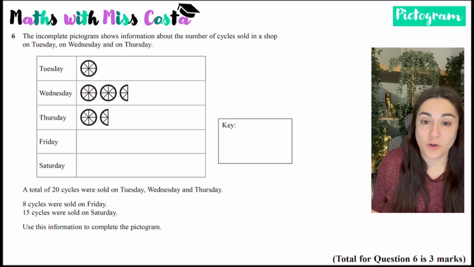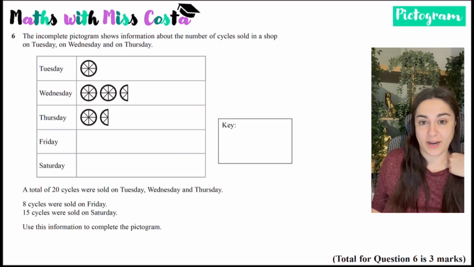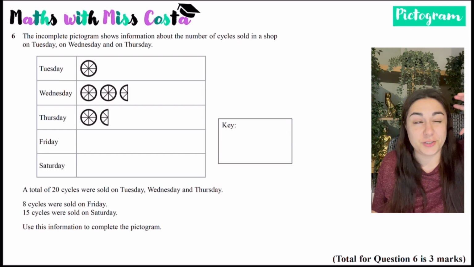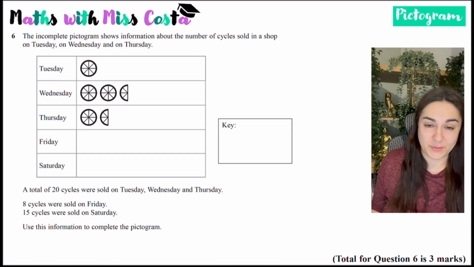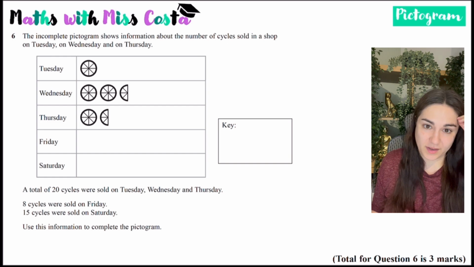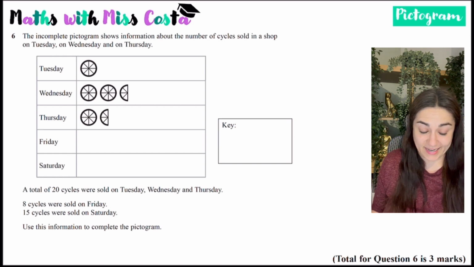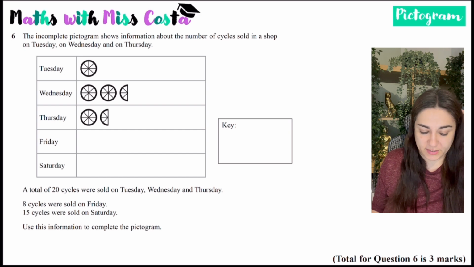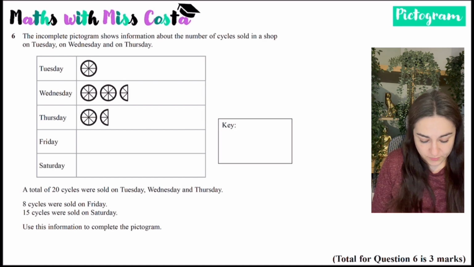Okay, and now we've got a pictogram question. Now a pictogram is just where you are trying to show a number using a picture. So in this incomplete pictogram, it shows the information about the number of cycles sold in a shop on Tuesday, Wednesday, and on Thursday. We are told that a total of 20 cycles were sold on Tuesday,